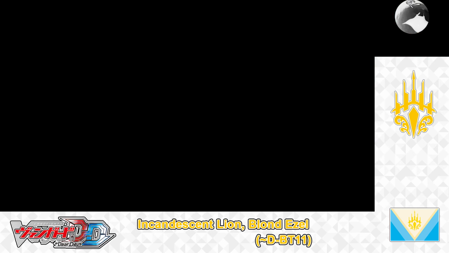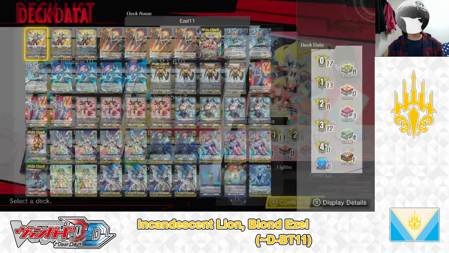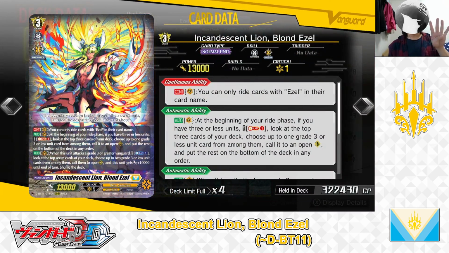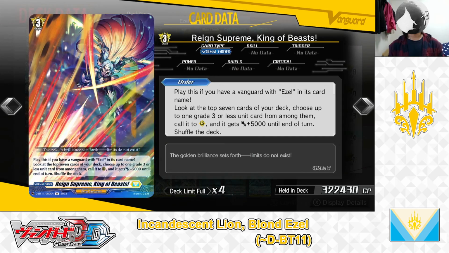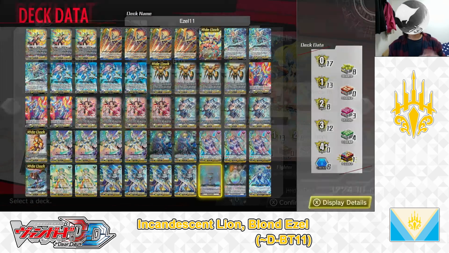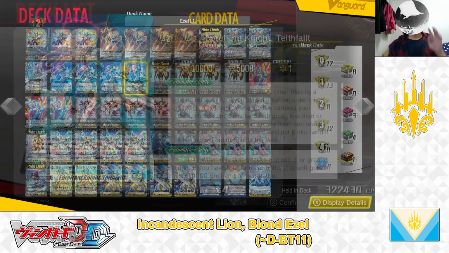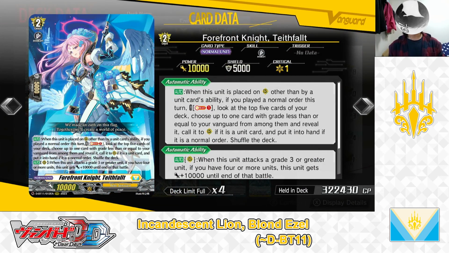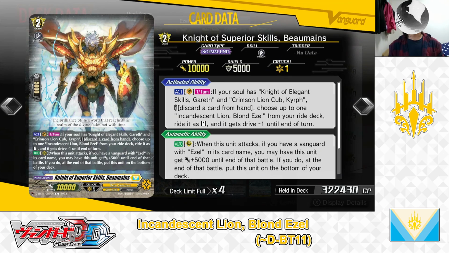Next. And if that deck's been built, Cardfight explained. For the cards in this deck we are playing, 4 grade 3 Incandescent Lion Blond Ezel, 4 grade 3 Reign Supreme King of Beasts, 3 grade 3 Divine Knight of Deeply Laid Stratagems Sages, 1 grade 3 Gradia Gredel, 4 grade 2 Forefront Knight Default, 4 grade 2 Knight of Superior Skills Bowman,